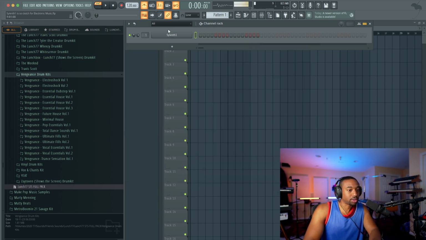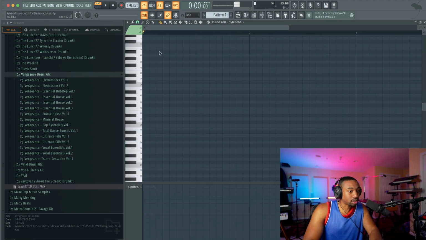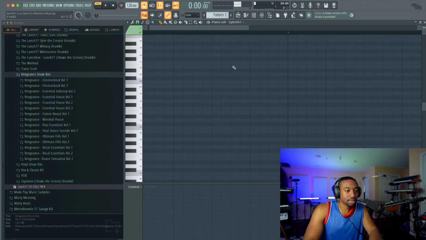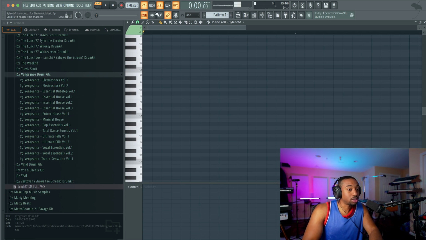So you can do a lot with a sawtooth. A lot of people underestimate what you can do with a sawtooth. So firstly, let's write a melody in a sawtooth, and then we'll start to design the sound. We're at 120 BPM. So let's do a bouncy dun dun dun dun dun dun.